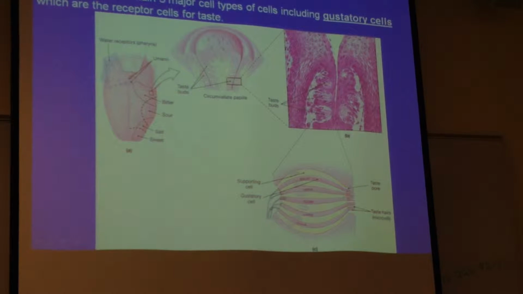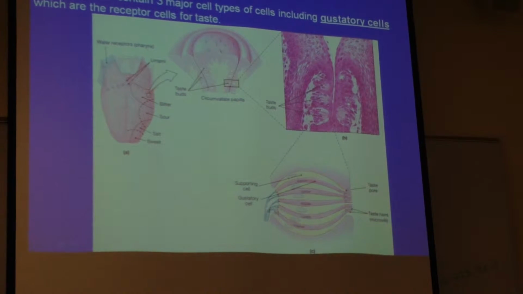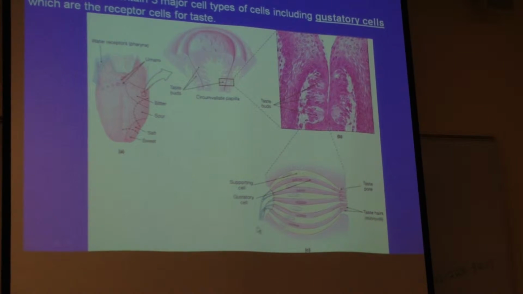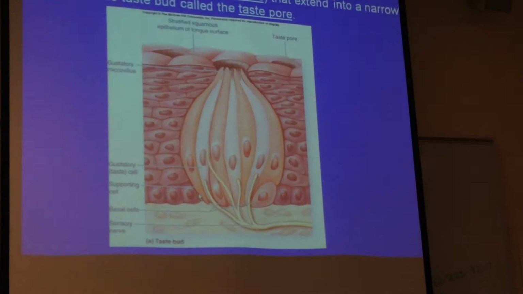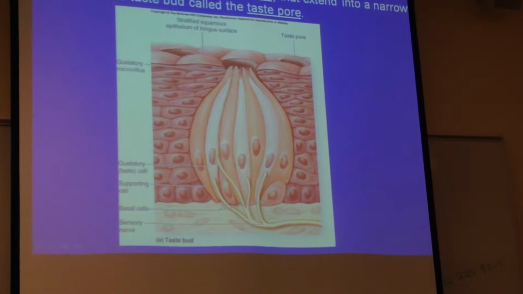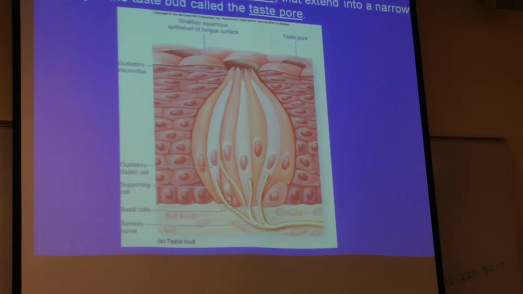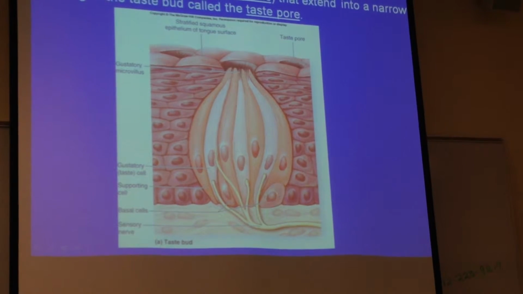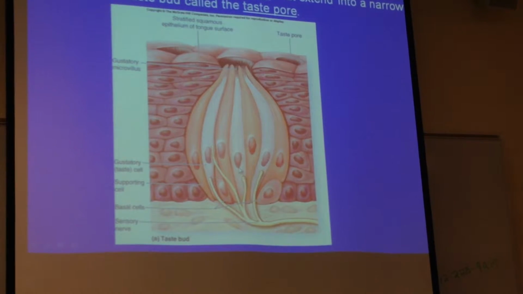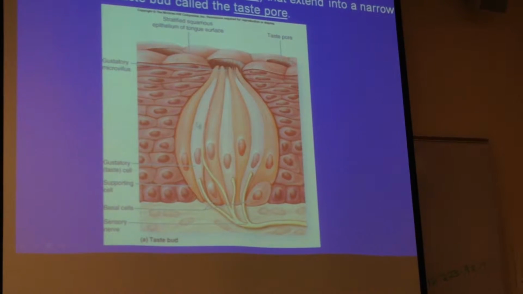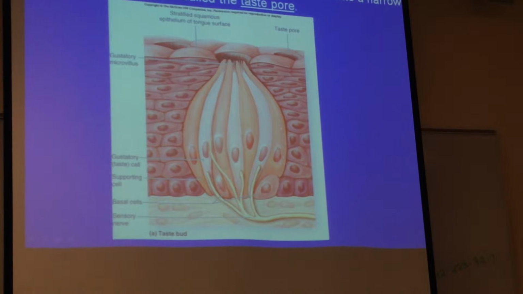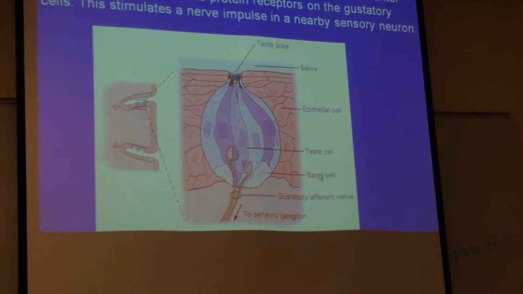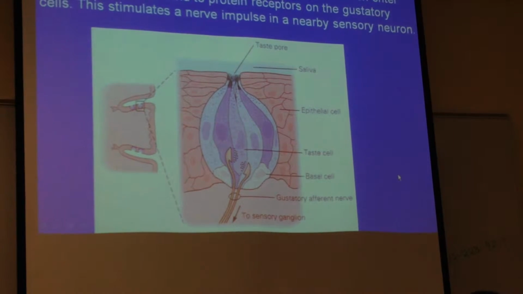And what do you see coming out right here? What do these represent over here? These are axons that are all going to come out and go to the regions of the brain so that we can sense that. And then here are the basal cells right here, the stem cells that are going to regenerate and give us more of these gustatory cells. So this entire structure is called a taste bud,